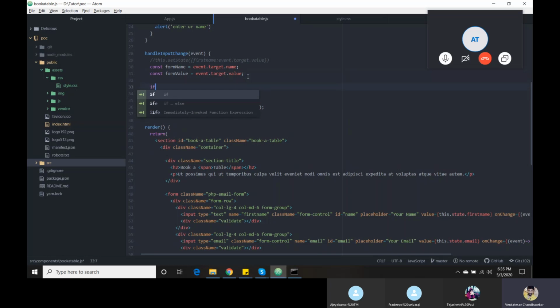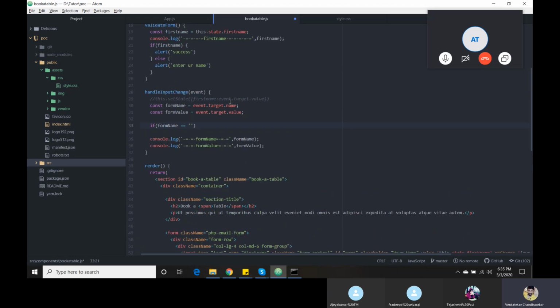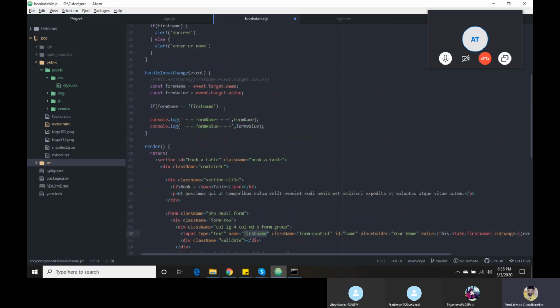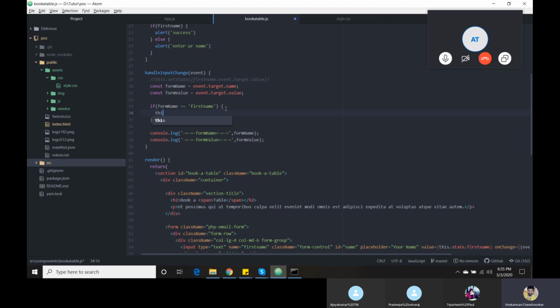If form name equal to first name, this is the name given here, we need to get the value here. Then we need to set our first name field. This is simple what I did, a simple if else condition, then the corresponding value. If the form name is first name, then the value will come under first name.